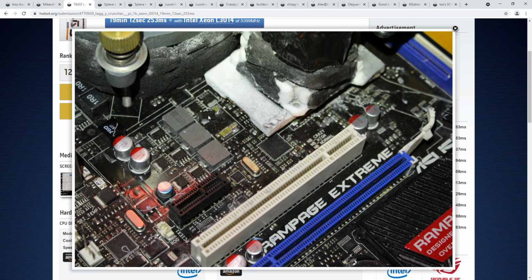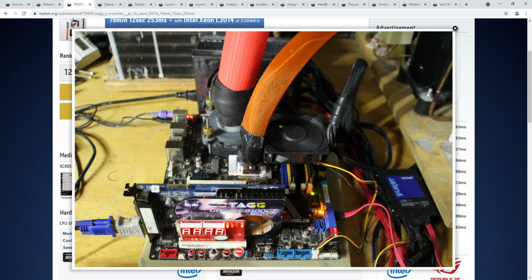These boards are actually notorious for having early Polymer-style capacitors, and actually, these capacitors in general don't have a great reputation for longevity, but especially the ones used on the Rampage Extreme and some other hardware from this era. Those things fail short circuit. So if you have a Rampage Extreme and you have a shorted Northbridge VRM, or I believe the memory VRM also has one, if the Northbridge or memory is shorted out, it's probably because the capacitor on it failed. And this is how you fix that: you remove the old capacitor and replace it with a polymer and some ceramics. Also Northbridge on phase change cooling as well,